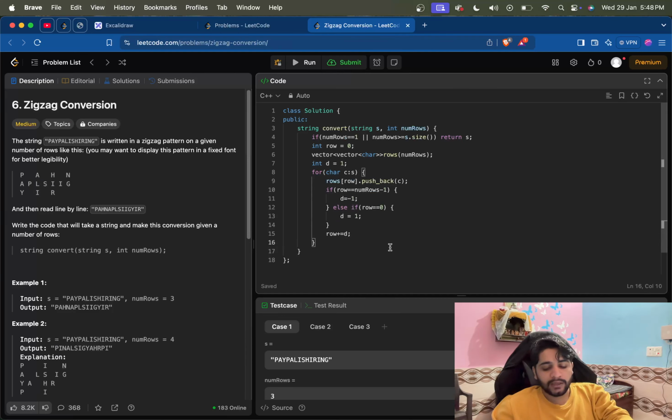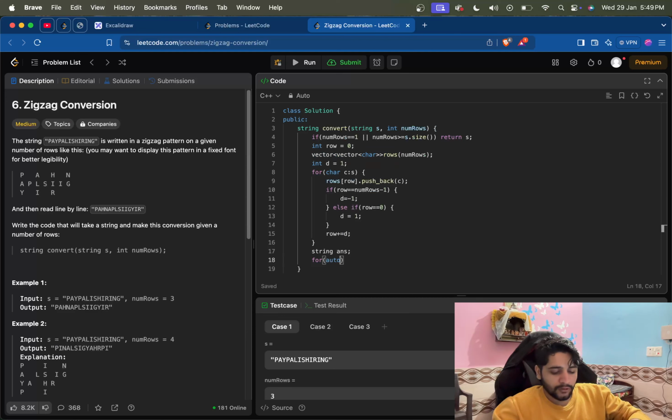And now अब हमें क्या करना है, इस vector को उठा के एक पूरी string बनानी है. हम हर vector को उठाएंगे, उसको concatenate करके final string बना लेंगे. तो let's say the string जो हम return करेंगे वो है string answer. And for each vector in this large vector. Okay, the 2D vector है ना, इसके अंदर छोटे vectors होंगे, तो for each small vector of this large vector,